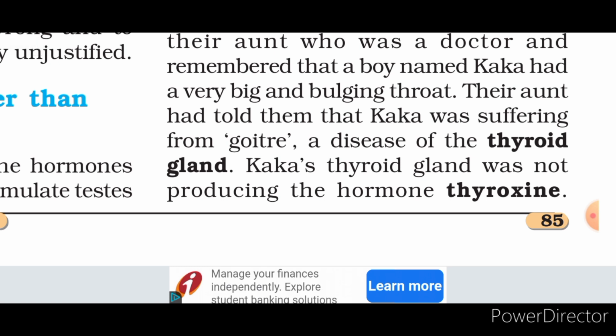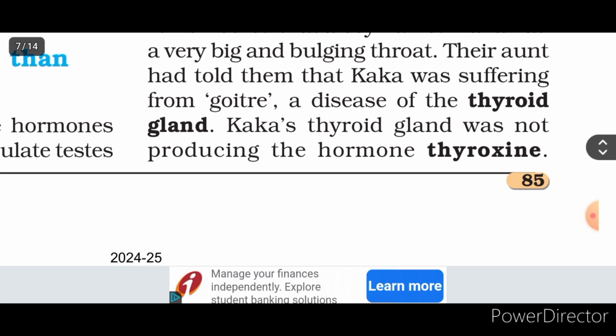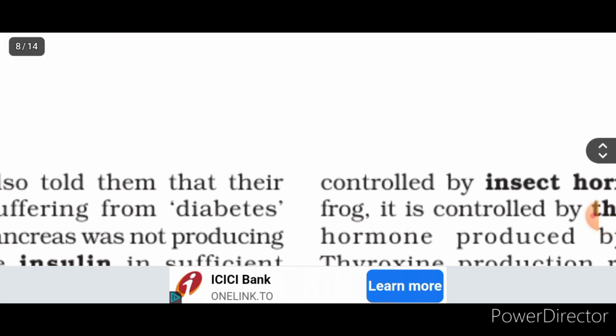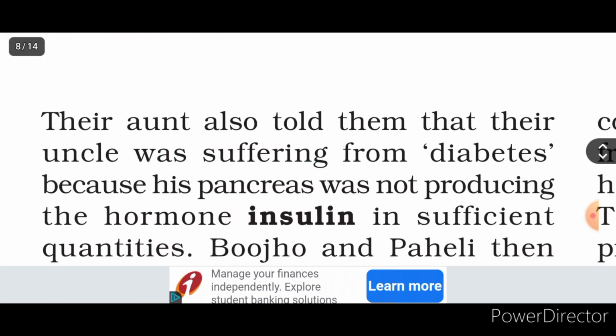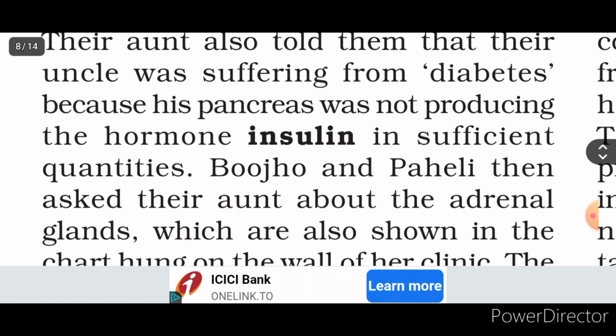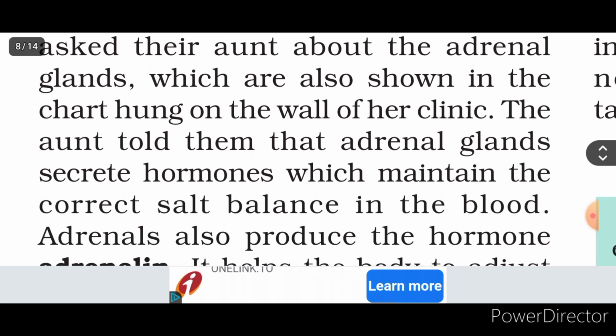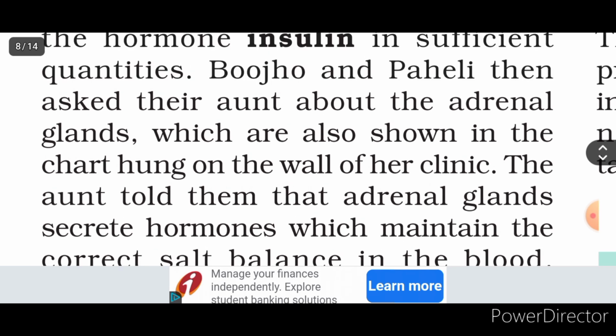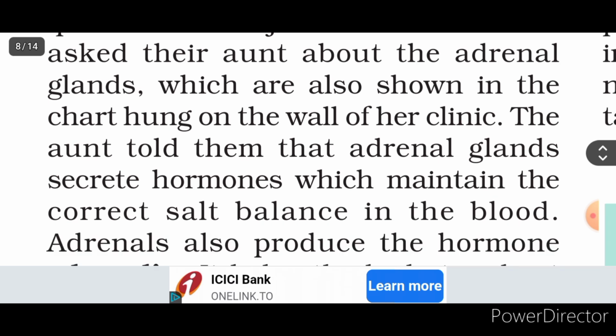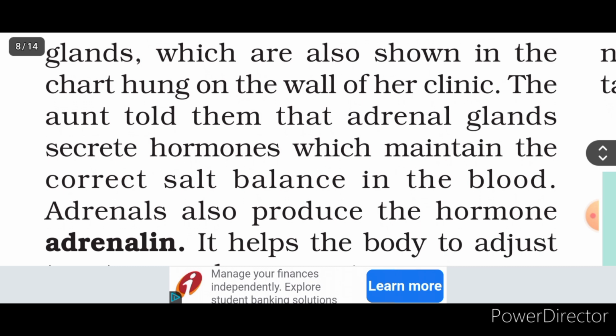A disease of the thyroid gland is goiter. The thyroid gland was not producing the hormone thyroxine. Their aunt also told them that their uncle was suffering from diabetes because his pancreas was not producing the hormone insulin in sufficient quantities. The adrenal glands, which are also shown in the chart hung on the wall of her clinic, the aunt told them that